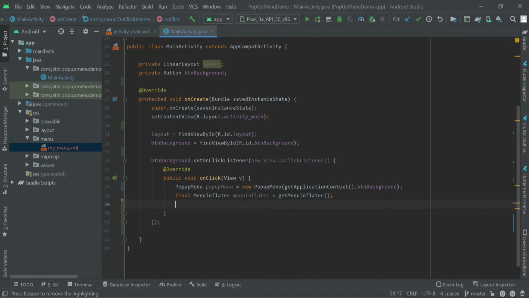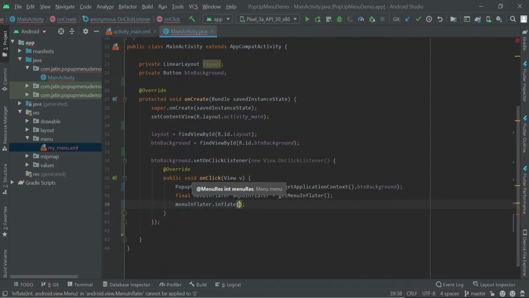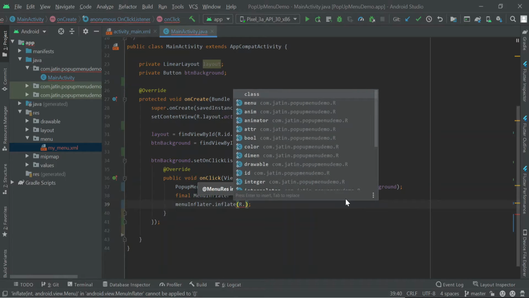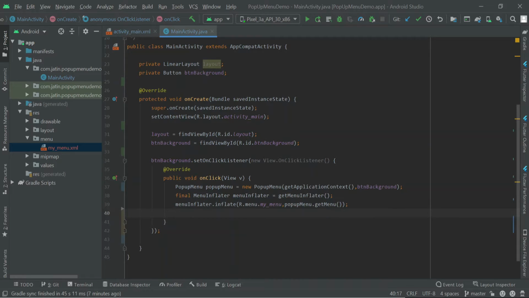So we got this menu inflater, with which you can inflate your menu. To inflate it, you need to pass your resource file menu, R.menu.menu, and the second thing is you need to pass a menu. You cannot pass pop-up menu here because it is not a menu. So you need to get the general type, that is menu. There is a method available, get menu from pop-up menu, that is going to give you a menu.